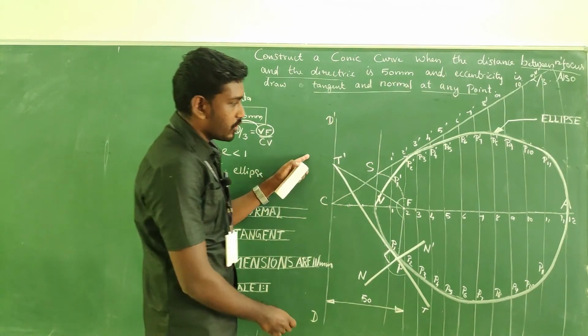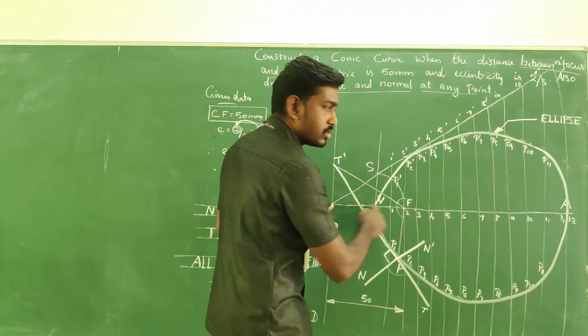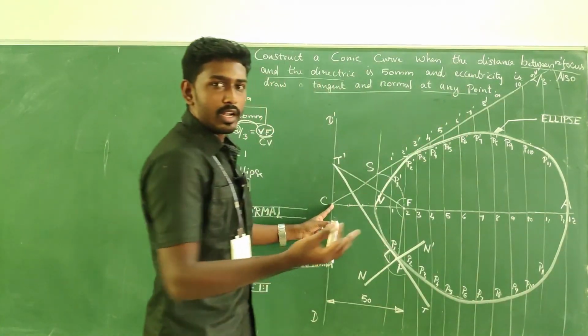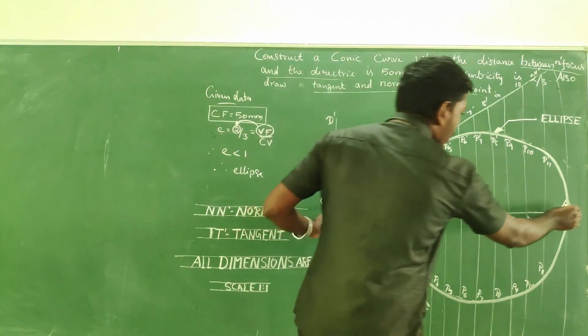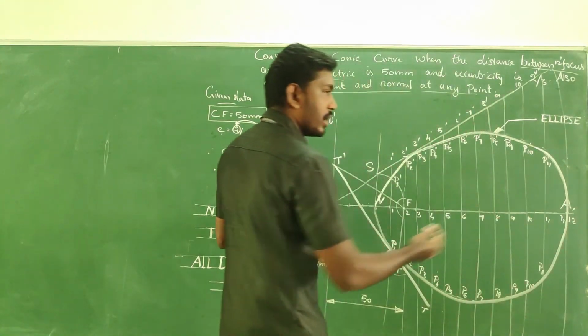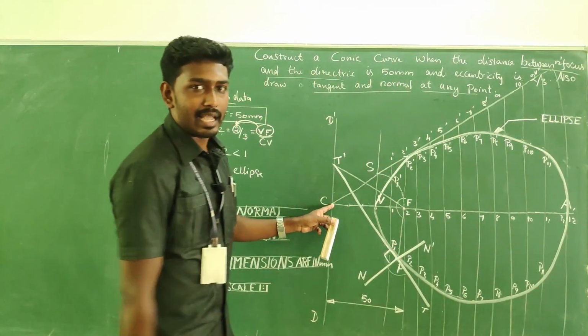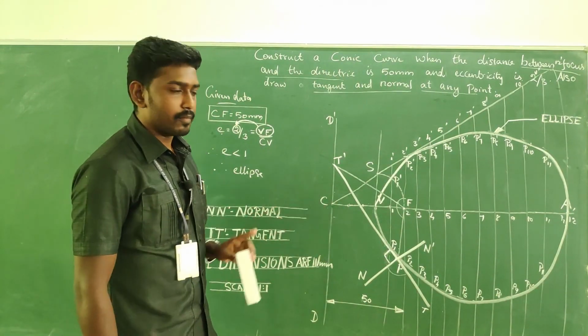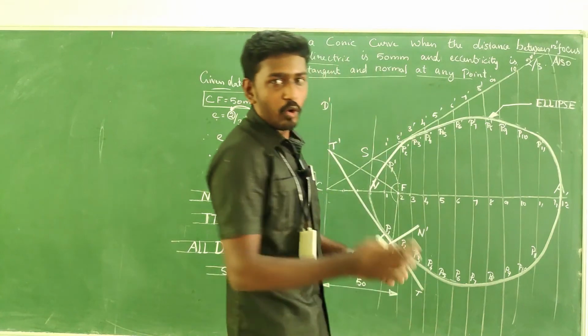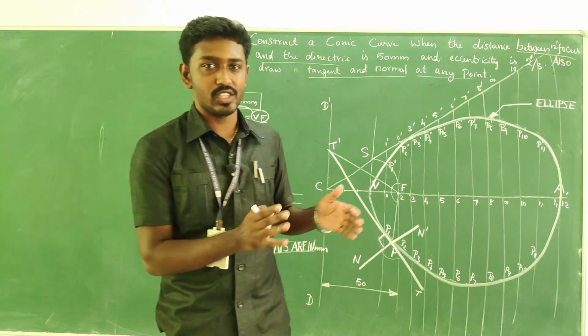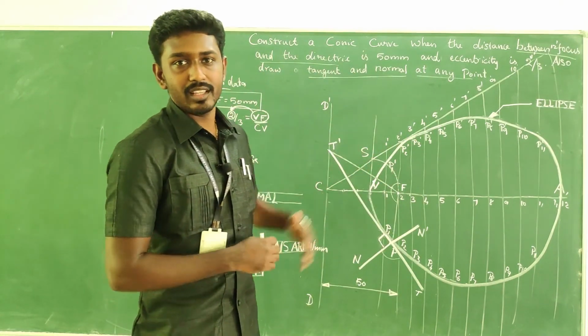As well, here we have the axis. We can also display the axis. Here we have marked it as A. You can make a comma and write axis in capital letters. Okay, fine. I hope you have understood how to construct an ellipse. Thank you so much.